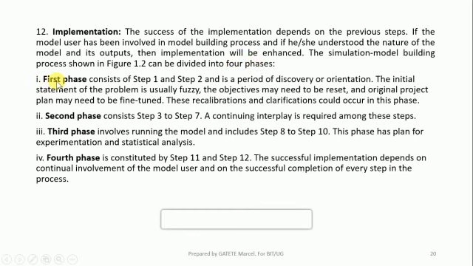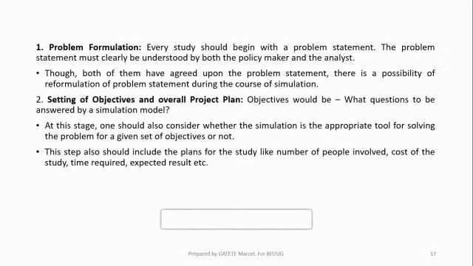The first phase is composed of step 1 and step 2, which are problem formulation and setting the objectives.